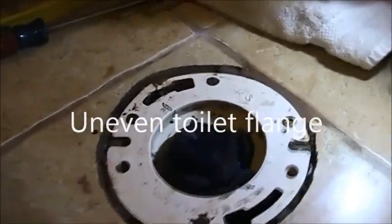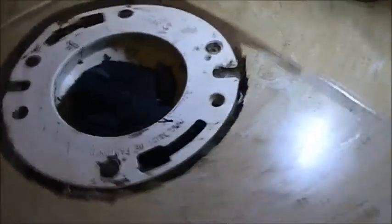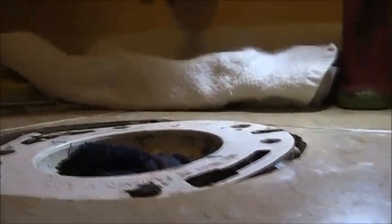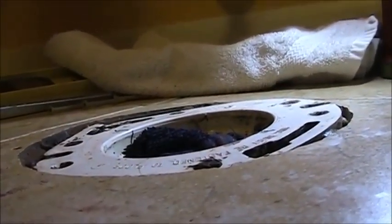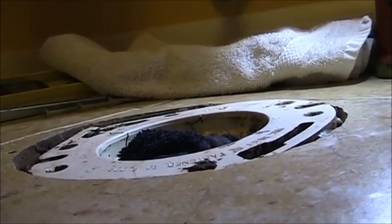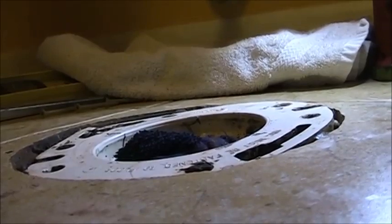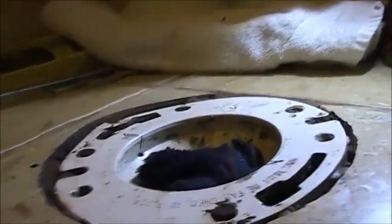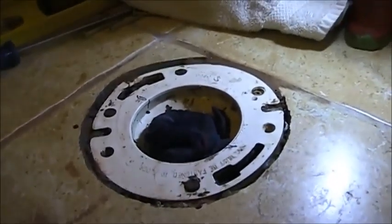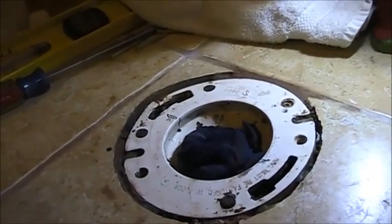Toilet was doing fine until the flange broke and it rocked, the shim slid out, and looking at it, I can look at it here, the flange is not flush. It's not above, it's not below, it's right halfway out. So rather than use a double wax ring like seemed to work last time till we had a little movement, I am going to put down, obviously the flange is broke, I am going to put down